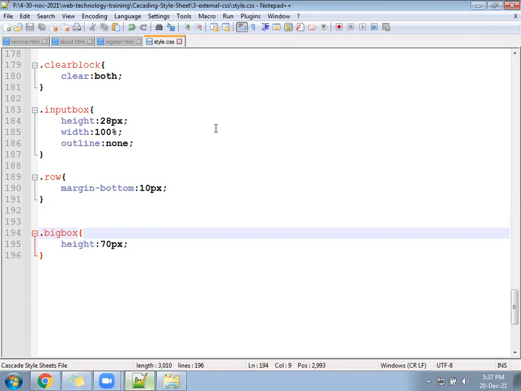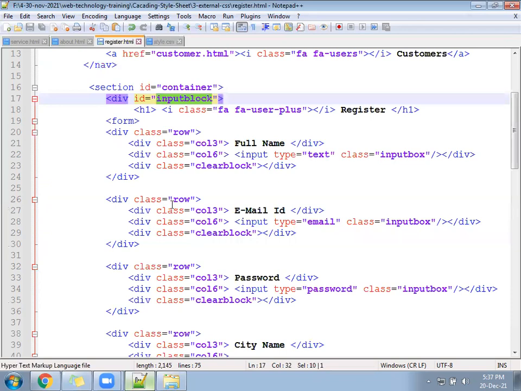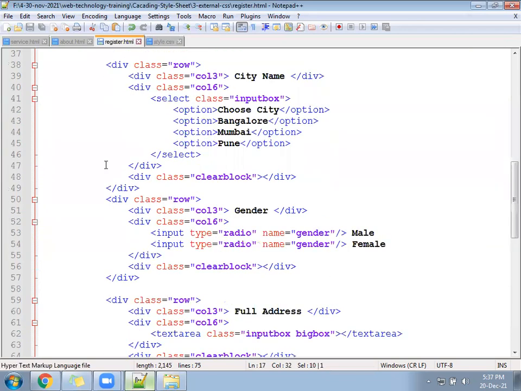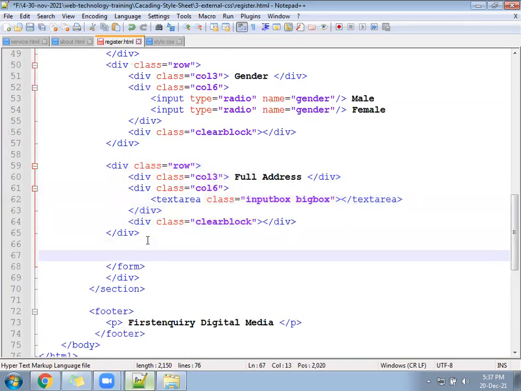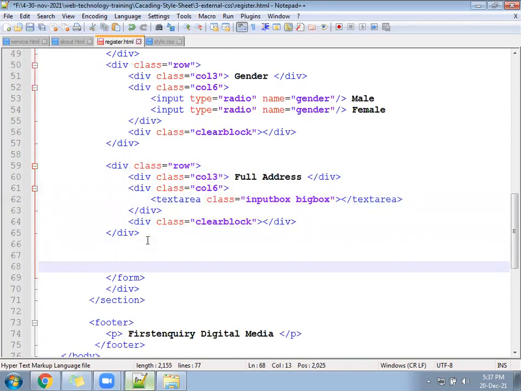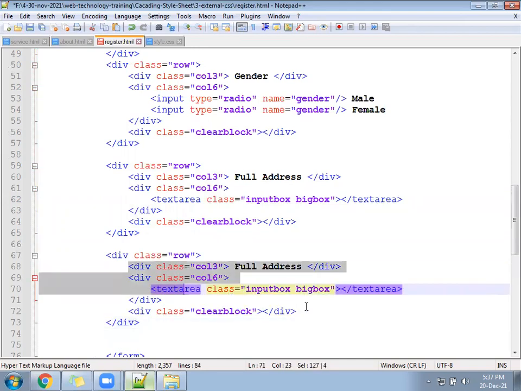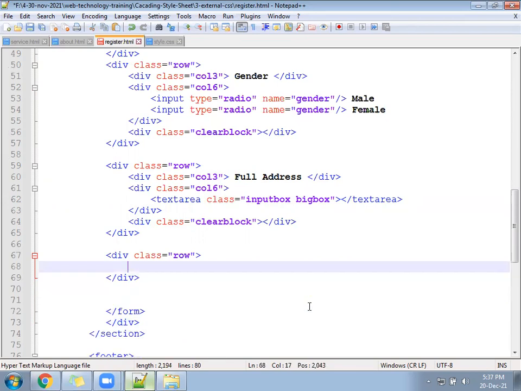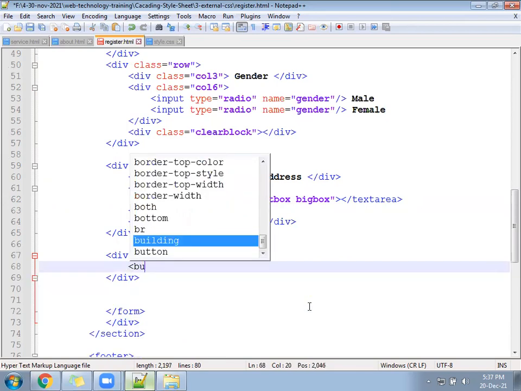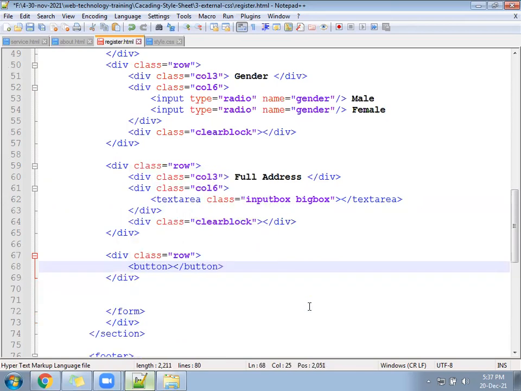Anyone can share the CSS also in chat. You should have a button. That button will be by default in red color or any color. On button click it will convert into a different color, and on mouse move it will convert into a different color. Here is the button, it will come on the left side by default.